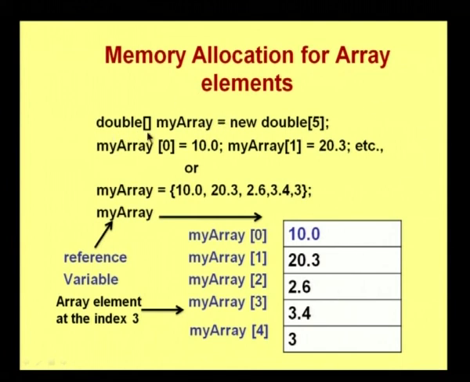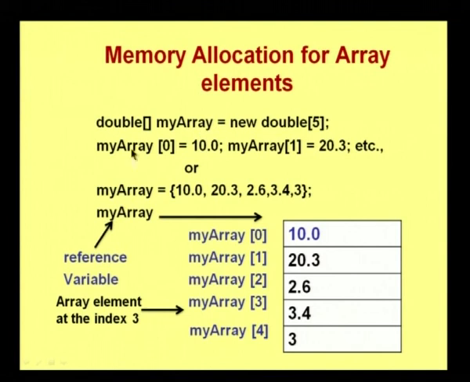We have a double array. I have the maximum size to be 5, so I can assign the value. Since I have given new here, the memory will be allocated for 5 double values. First I am giving an index, or you can say a subscript. So here 0, for which I am assigning a value, and again I have another value. So I can create or initialize an array using these statements, whereas I can declare and allocate memory